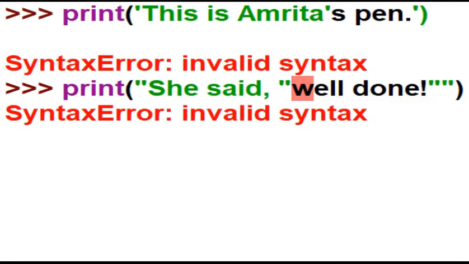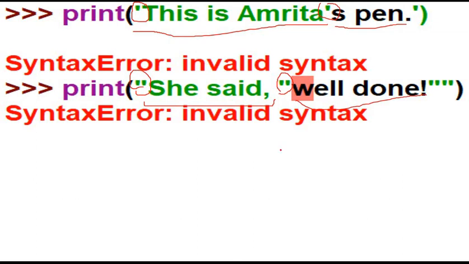So this is the case. If you type it, you will get such an error message, because this is the beginning of the string, then this is the end of the string. See, strings are represented in green color by default, so this is not part of the string. Similarly, in this case also, this double quote is the beginning of the string, this double quote will mark the end of the string. So only this much is part of the string and the rest is out of the string, which is an error. Whatever you want to print as a string should be enclosed within double quotes.